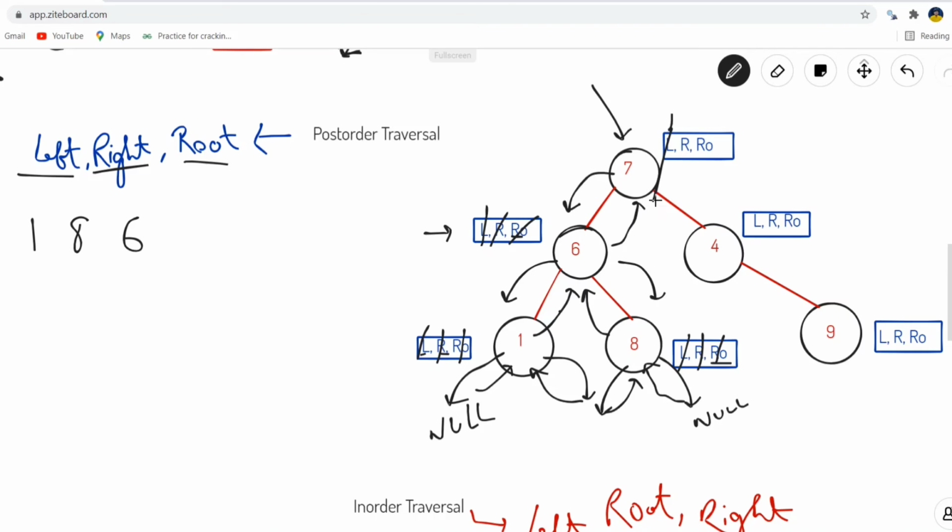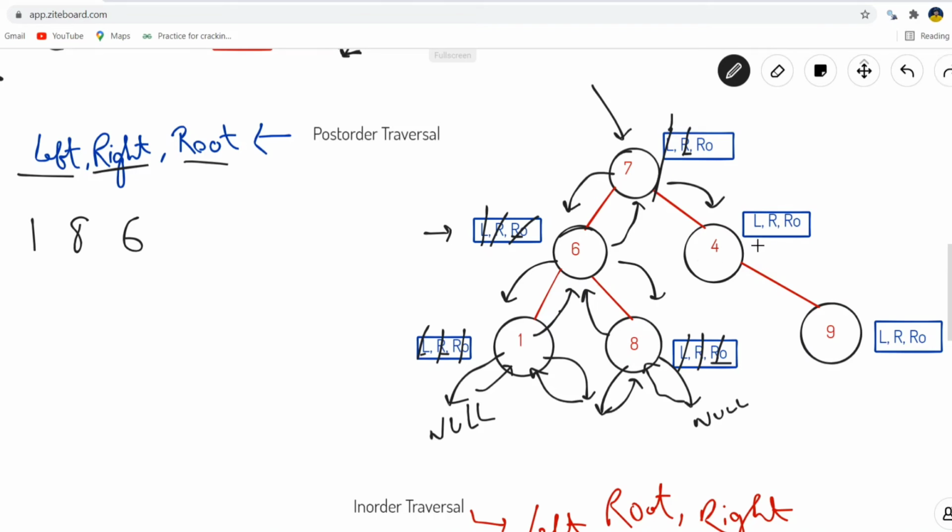And the next operation which we need to perform in node having value 7 is the right direction. So we need to move to the right direction. So we'll be moving in this right direction. So we have done with this operation. Now we have reached the node having value 4.